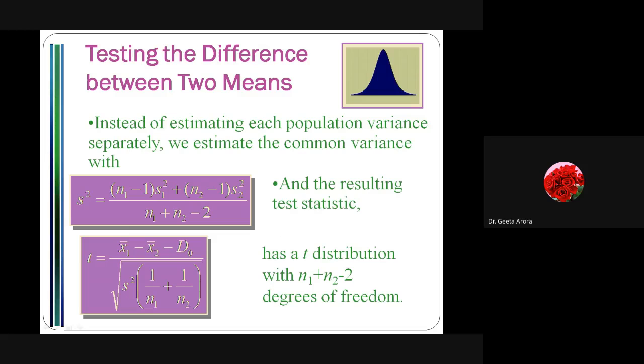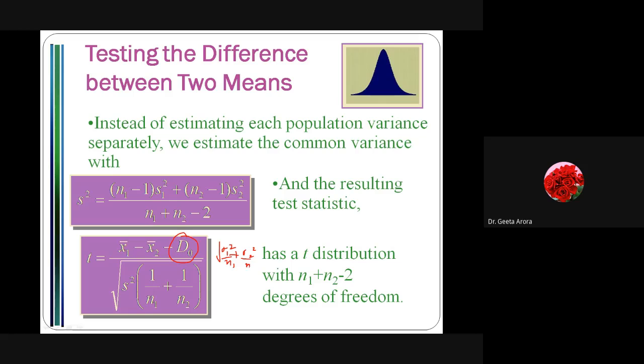If we have something given to us as a difference, then we have to write down here the difference that I wrote yesterday, mu1 minus mu2. If it is there, you have to add it. Obviously, most of the time it will be 0. And in the denominator, what we wrote for the Z test is sigma 1 square by n1 plus sigma 2 square by n2. So here we are not going to take that one. This is the only change.